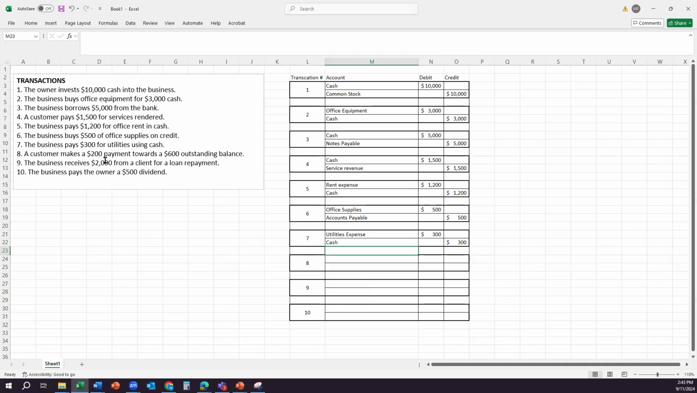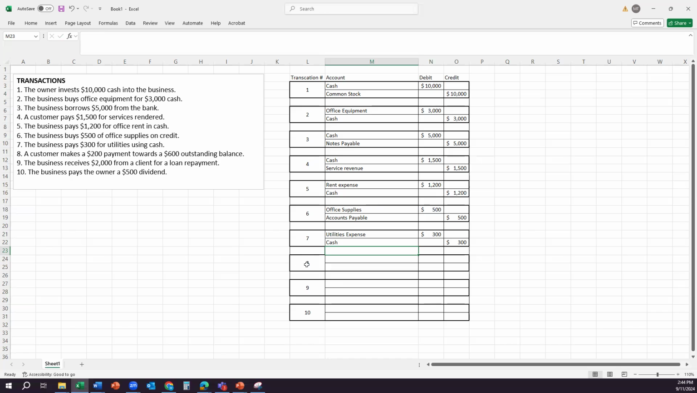Eight, the customer makes a $200 payment toward a $600 outstanding balance. That can confuse you because you'll be like, what do I do with the 600? And the answer is nothing when I'm doing the journal entry. I'm just going to record the amount of the payment. Okay. So if I'm making a payment, my cash will be going down, which will be a credit to cash. And if I'm paying off money I owe, remember money I owe is called accounts payable. So if I'm paying off accounts payable,